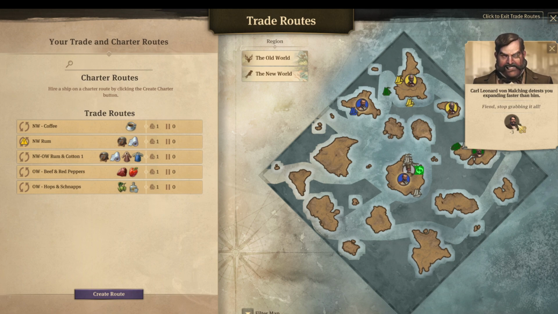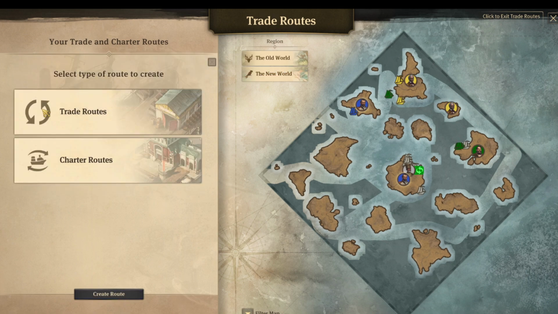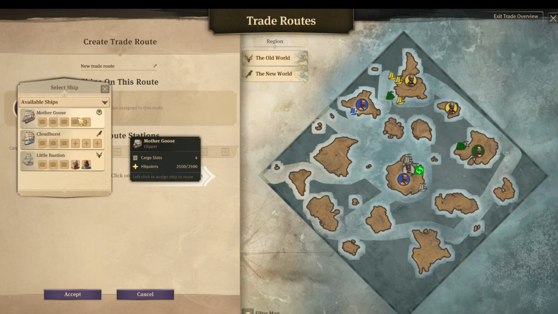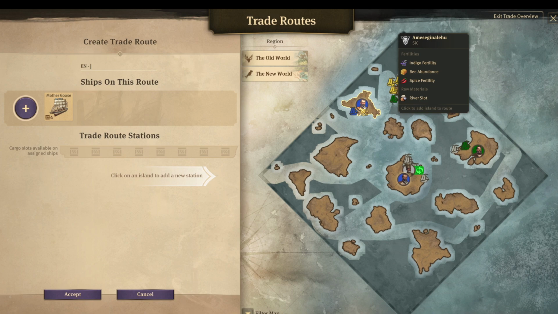Stop grabbing it all! Oh, that's not good. We need to keep him as a friend. Let's create another route. We will add the mother goose. This is mother goose, right? Yes, it is. I actually can see as well, there was a little symbol there. So the shortcut for this will be N for Nbesa. And we are going to take